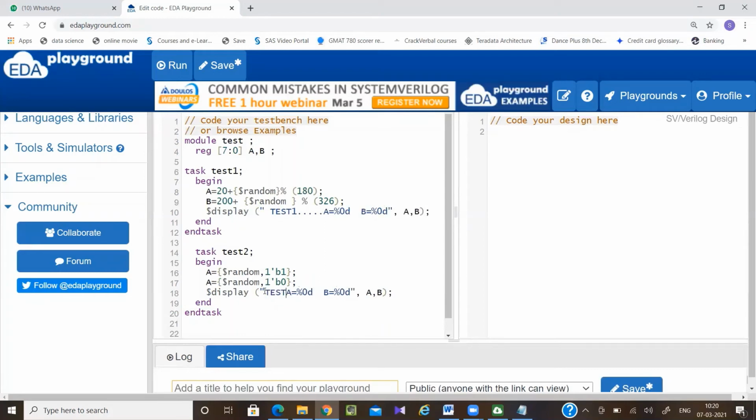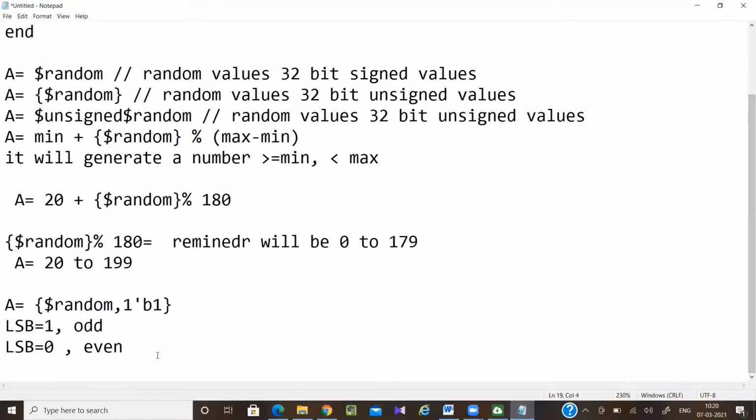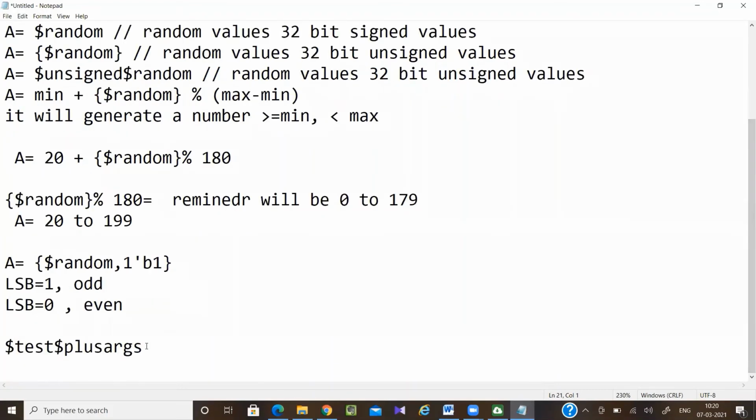Here I can write test2. So there is a system task known as $test$plusargs. Okay, does anyone know about this system task? Hello. No, ma'am. Please explain.